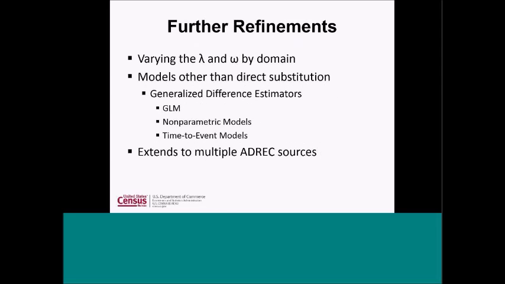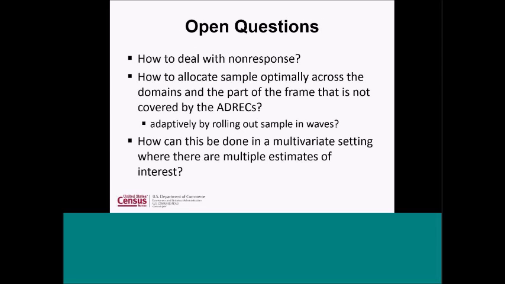Okay. So there's a lot of open questions. One of them is, I've just talked here as if the survey has 100% response, which we know is not true. So how do we deal with the non-response in the survey? Brick has done work in this kind of area on where and when to do adjustments and how to use calibration to deal with non-response in an overlapping frame situation. That possibly could be looked at, but I've yet to look at it.